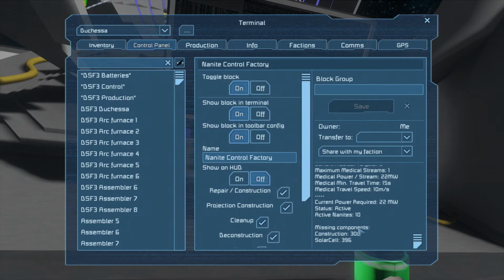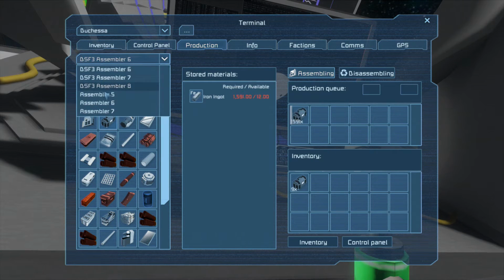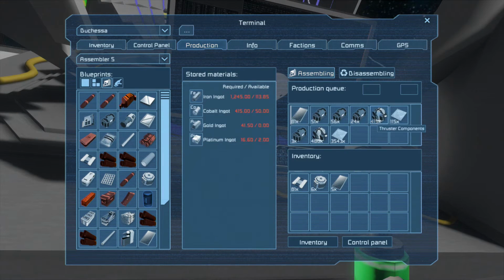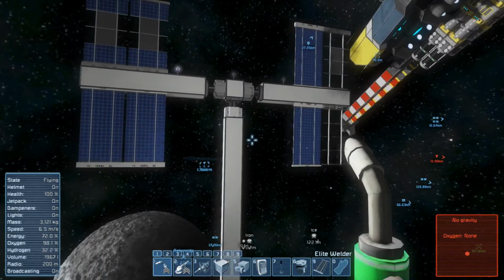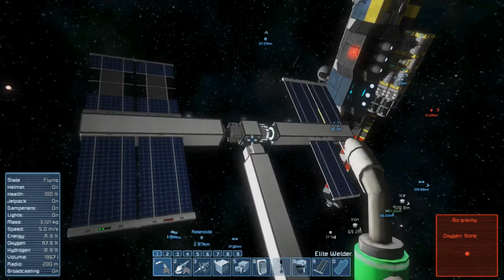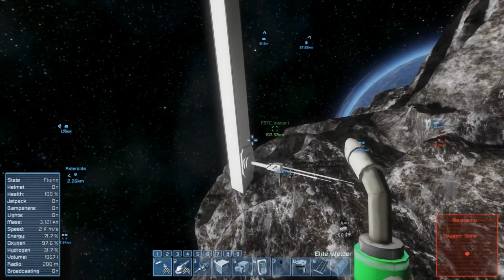Good. Construction. Solar cells and construction materials. Maybe I have to put them in by hand again. What is with these assemblers? These assemblers still produce thruster components. I don't need thruster components. Okay, I want to add some batteries to that too. Maybe close to the bottom so these can spin freely, and then see,